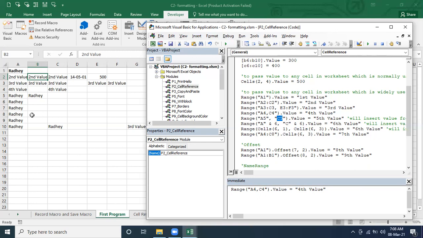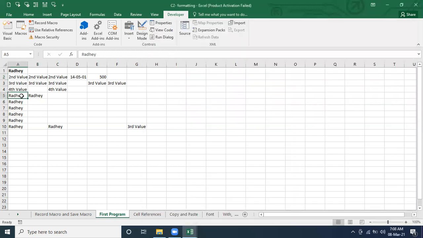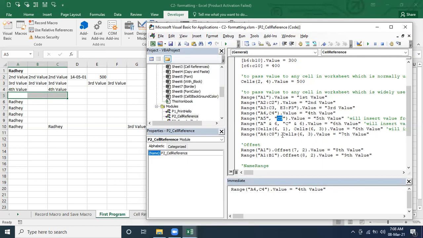So where is C5? A5 to C5. It's going to pass the value from here to here, including B5 also. Clear or not? Is there any doubt? No, because we discussed that last time. Already we discussed this, I'm doing the revision. So you can use all this.